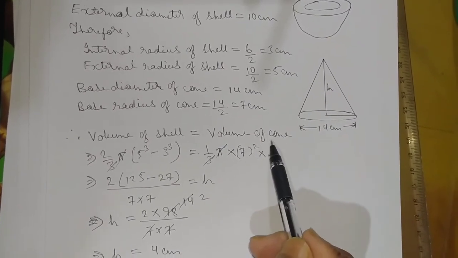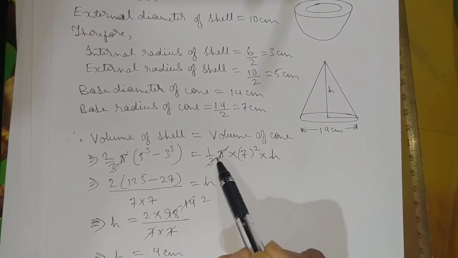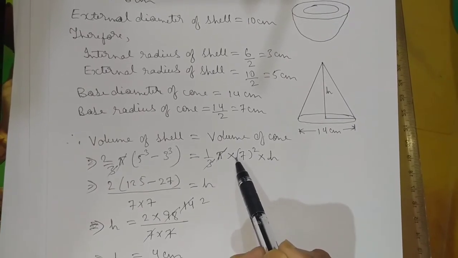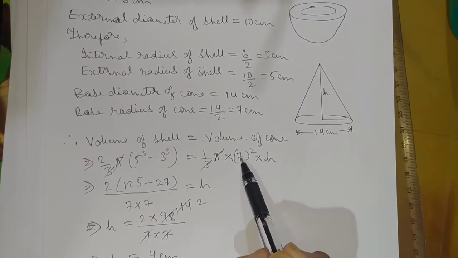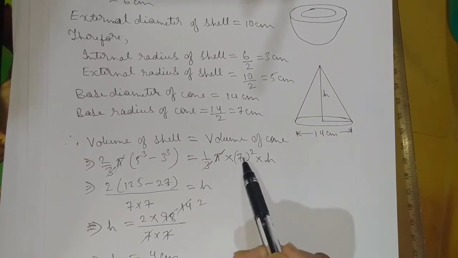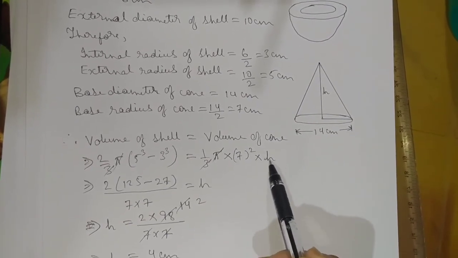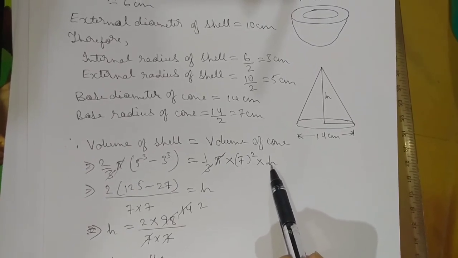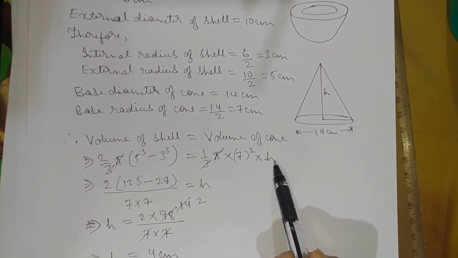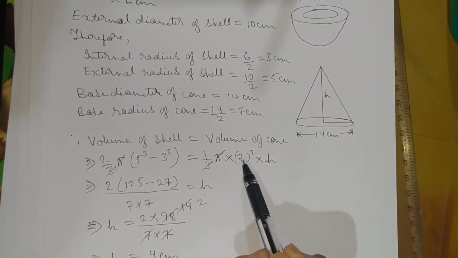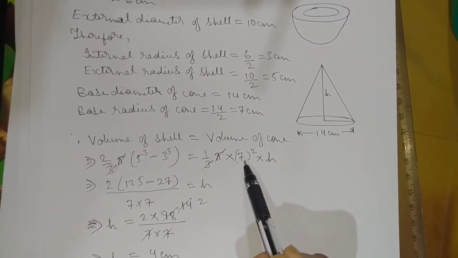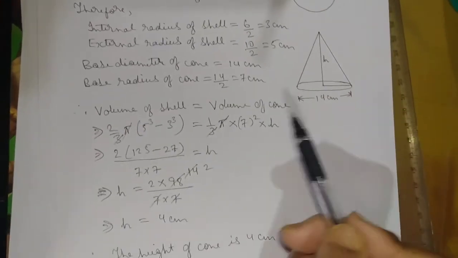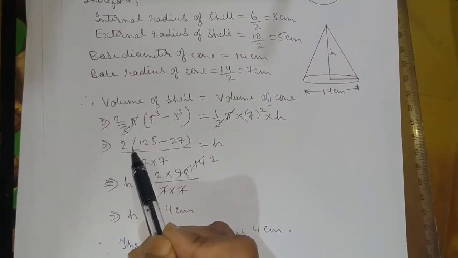The volume of cone formula is 1 by 3 pi r square h. 1 by 3 pi into r square, where the radius of cone is 7 centimeter, so 7 square into height. The height of cone we have to calculate. So 1 by 3 pi r square h, in the formula we see 1 by 3 pi into 7 square into h, and this implies